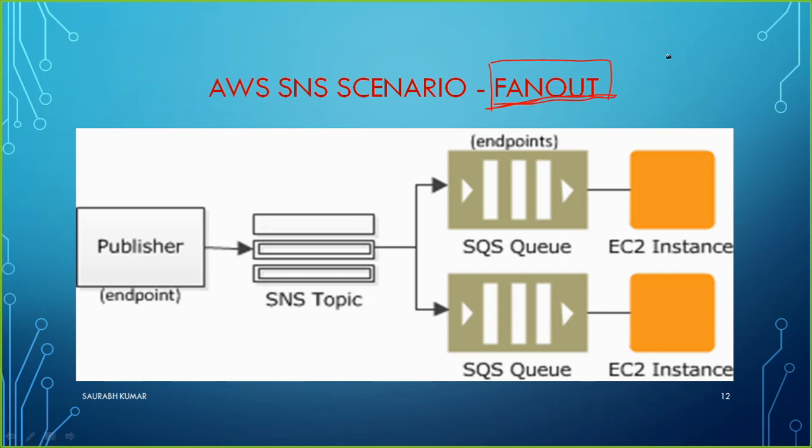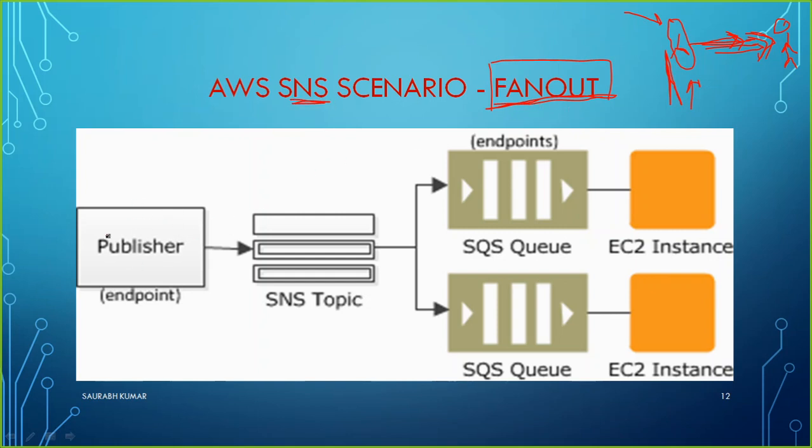Because we know about the fan, right? If we have a fan, any table fan or ceiling fan, what is the task of the fan? The fan collects the air from anywhere and pushes it in front, so that whoever is sitting there, or whatever object is there, will receive this air. It works the same as the push method, pushing the air towards the object or the person sitting in front of the fan. Similarly, SNS does the same task. That's why it is considered a fan out.